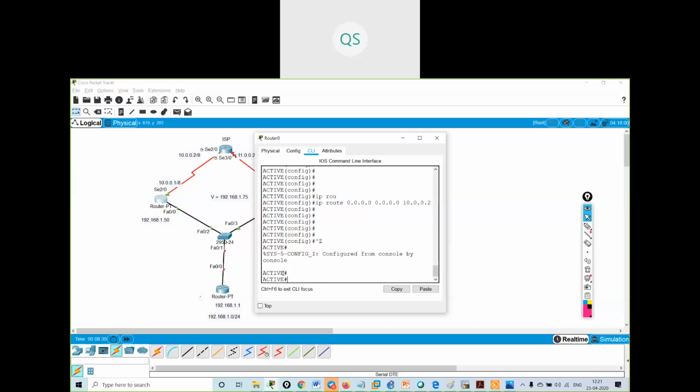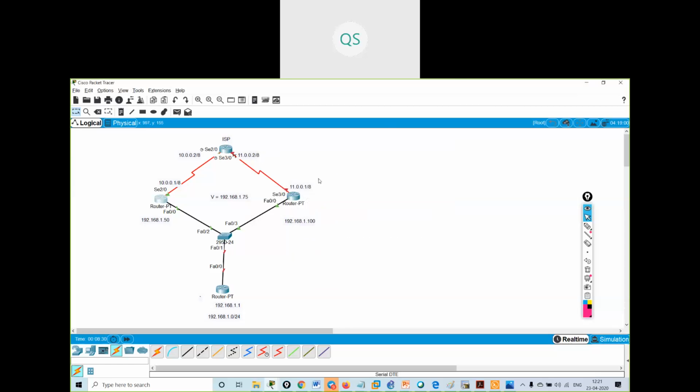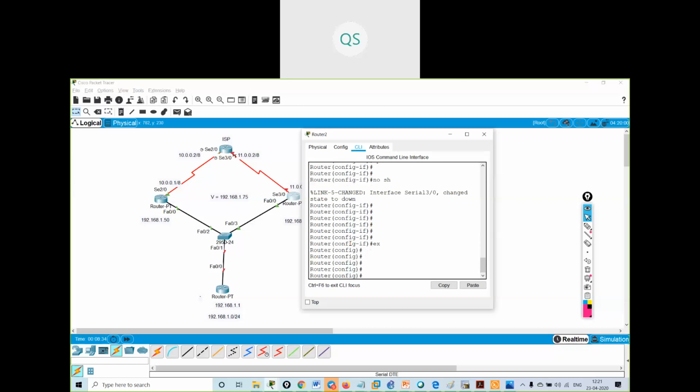Okay, I've created one default route. I will go over here also and create one default route. Host name standby. Okay, standby, IP route.